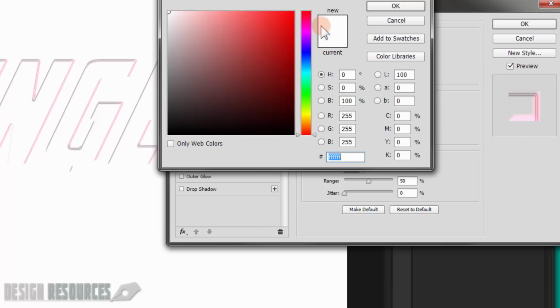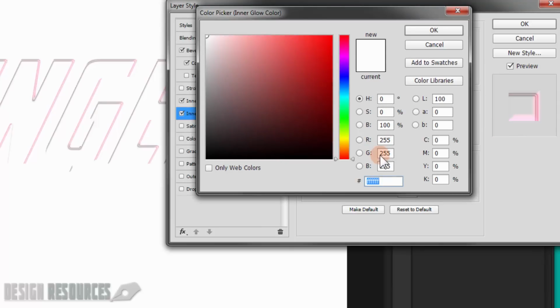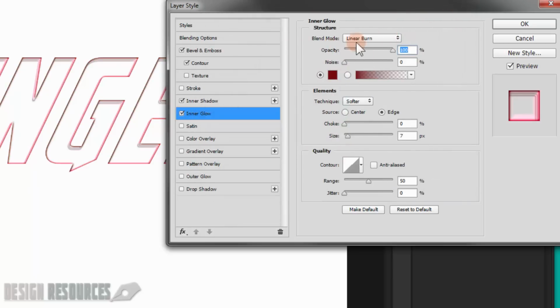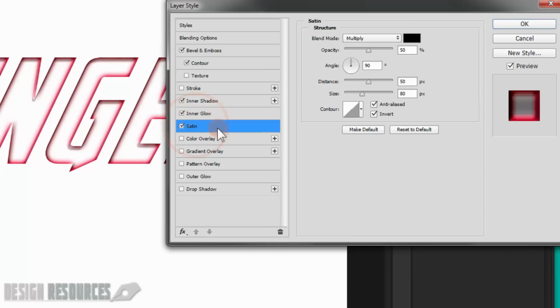So just 7C0909, press OK, and just make the choke 0, and in the size in here I would just put 20, and I just keep everything else like this, and go to satin in here,